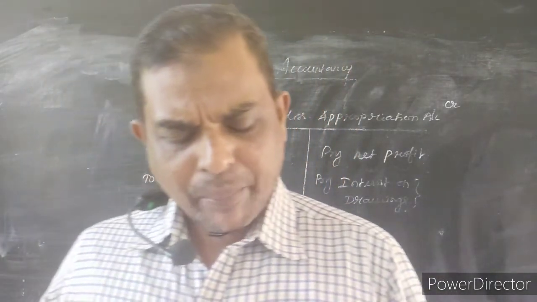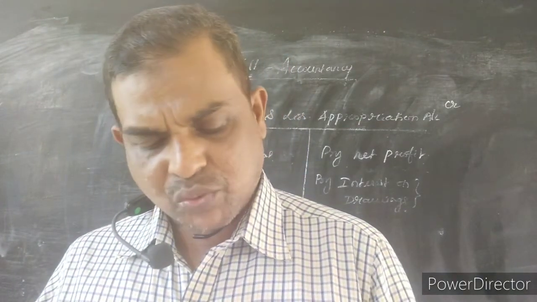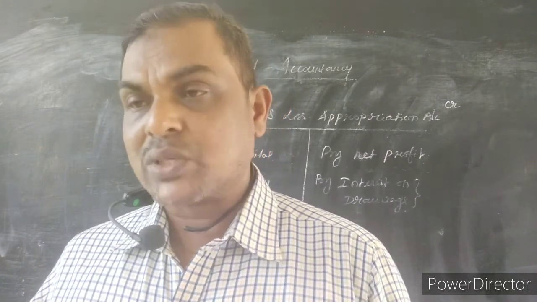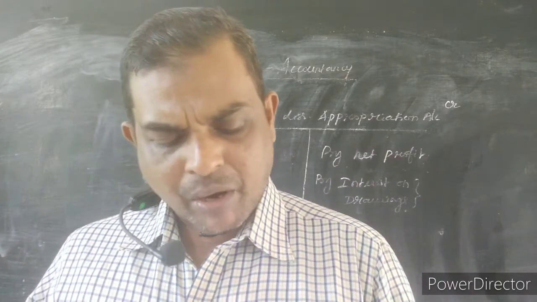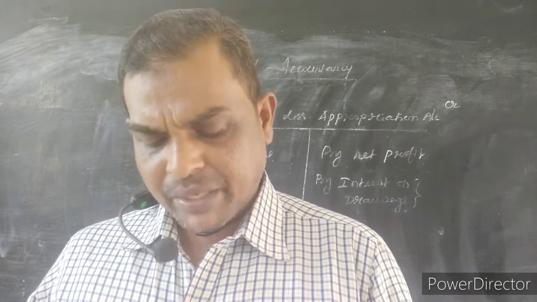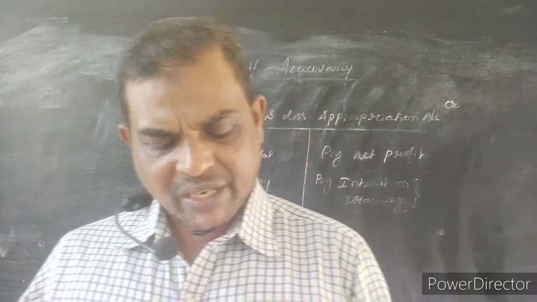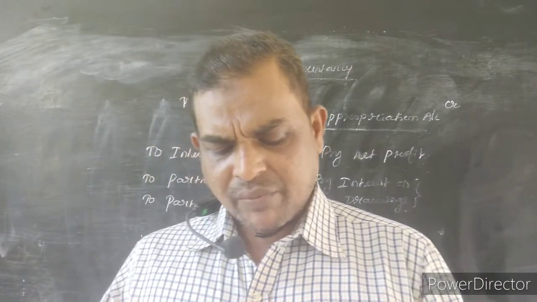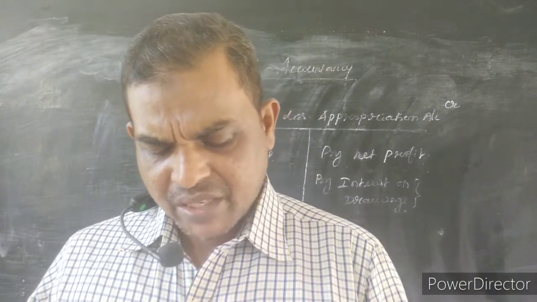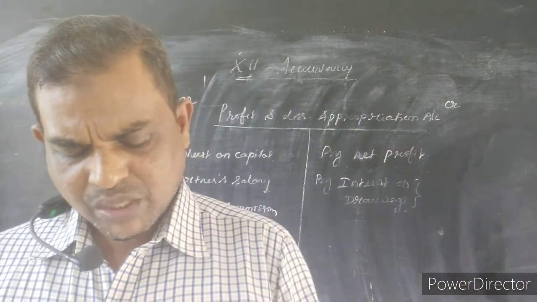Arulappan and Nallasamy are partners in a firm sharing profit and losses in the ratio of 4:1. On 1st January 2018, their capitals were rupees 20,000 and 10,000 respectively. The partnership deed specifies the following: interest on capital 5% per annum, interest on drawings to Arulappan and Nallasamy rupees 200 and 300. The net profit of the firm before charging interest on capital and interest on drawings is rupees 18,000. Give the journal entries and prepare profit and loss appropriation account for the year ending 31st December 2018.